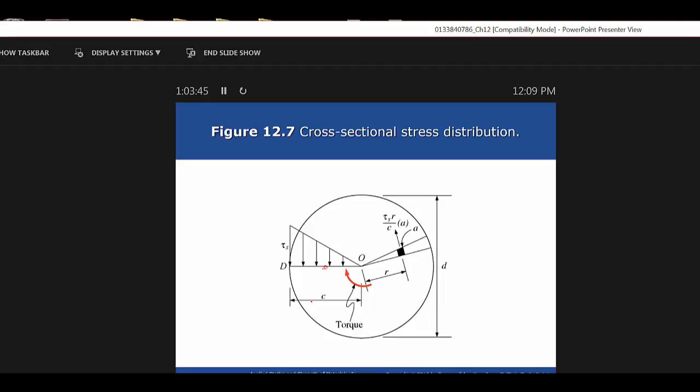Okay, so put those numbers in, raise them to the fourth power, subtract the inside from the outside, then multiply that by pi and divide by 32, and you've got the polar moment of inertia. It shows up as 25.7 times 10 to the 6 millimeters to the fourth. Then the allowable torque: again, the same type of thing. 83 newtons per millimeter squared times the 25.7 times 10 to the 6 millimeters to the fourth, which was the polar moment, and divide that by